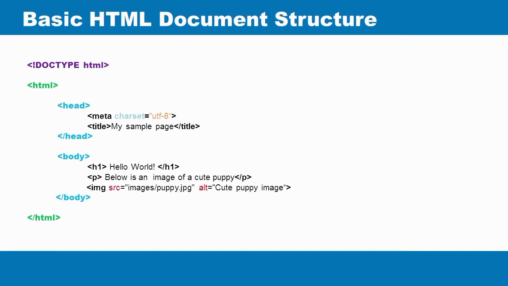Next, we have the body element. The body element actually contains the visual content of the page. So when you visit a website, the actual content you can see is the content that is wrapped between the body tag, which is anything between the opening and closing body tag is the visible content that is displayed on the web page. So it contains all the content that you want to show to the web user or visitor